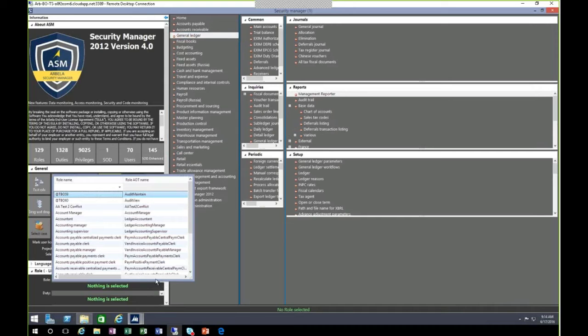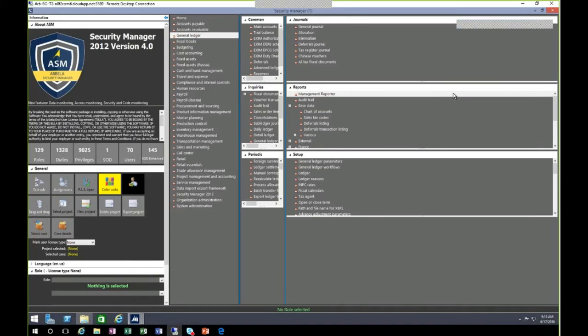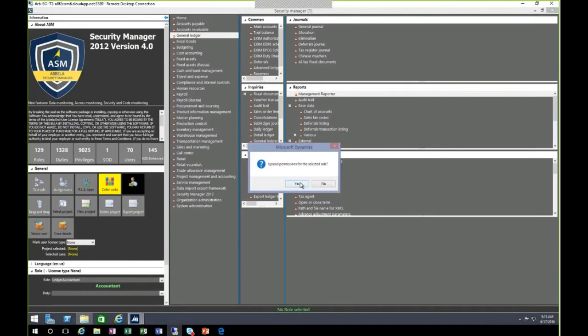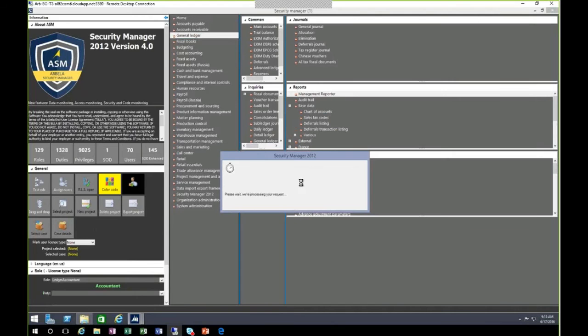For example, if I was to load an accountant, and load those permissions, you'll be able to see visualized security. To load the permissions for each role, it generally takes a moment.